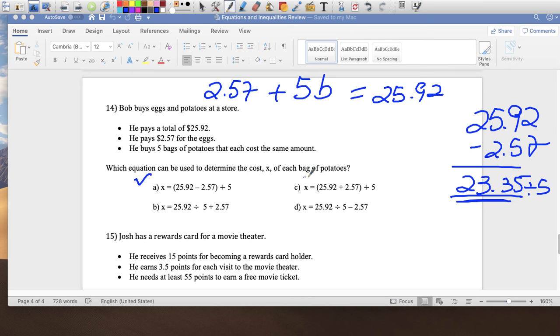So this is okay. This is not okay. This is not okay. And this is adding. You're adding 25.92 plus the eggs? No, that makes no sense. So the only one that makes sense is this. So this says, take the total, subtract the eggs that you bought, and then divide that by 5, which is exactly what we would do to find the cost of each bag. So the answer is